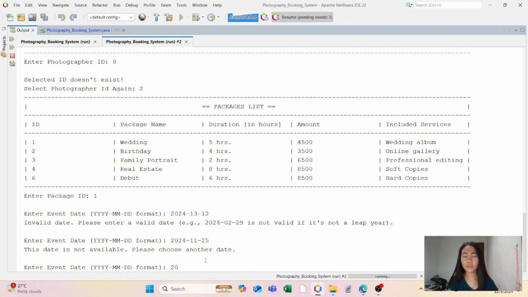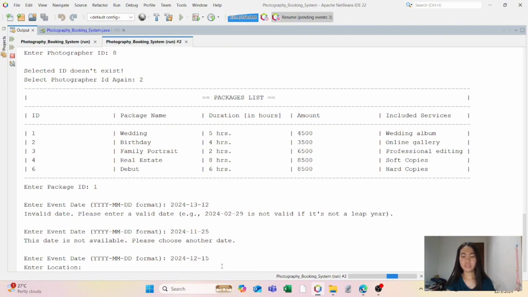Also, note, Sir Mike told me that I need to put a validation for this attribute, event date, and then I fixed it. I inputted it. So let's choose 2024, 12, 15. Let's say Naga,